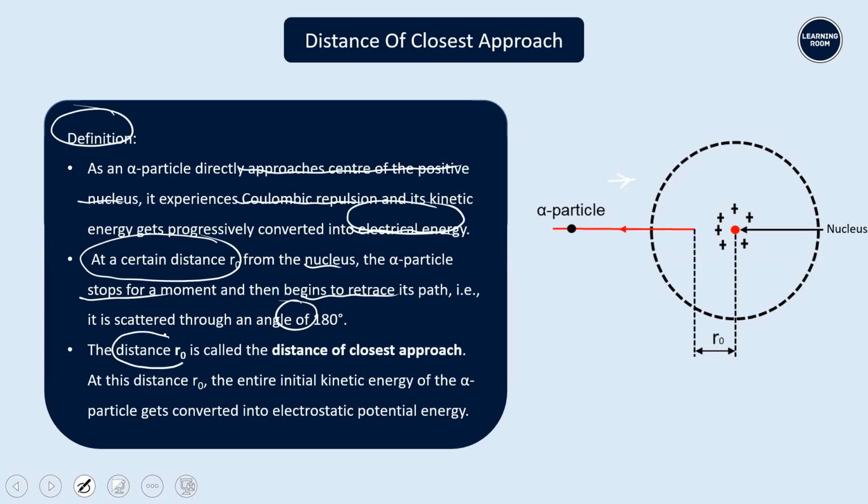Hence, this distance R naught is called as the distance of closest approach. At this distance R naught, the entire initial kinetic energy of the alpha particle gets converted into the electrostatic potential energy. So, mathematically, I can say